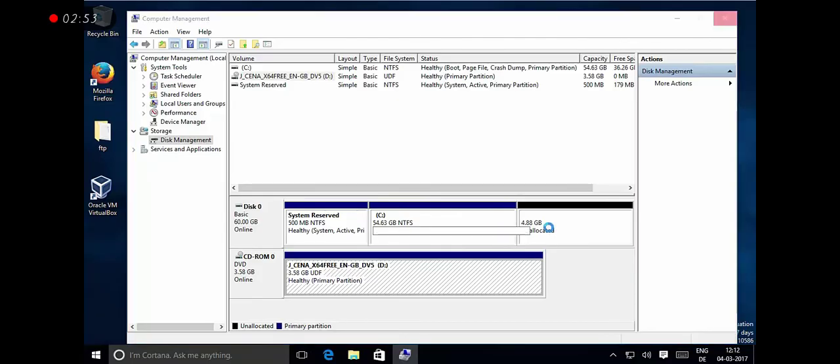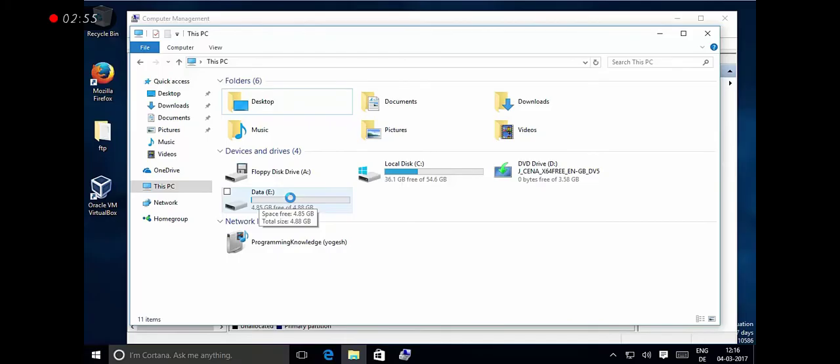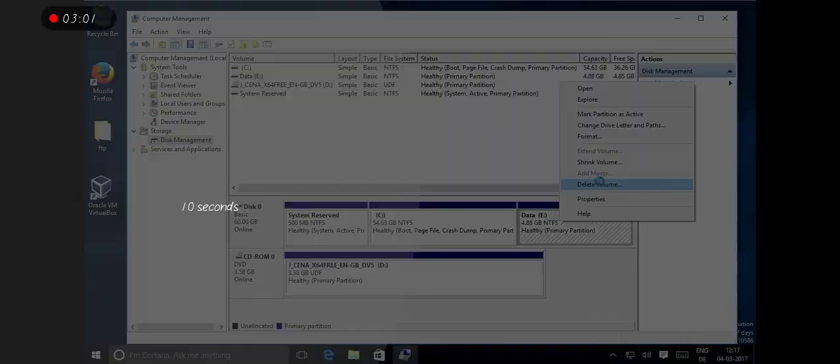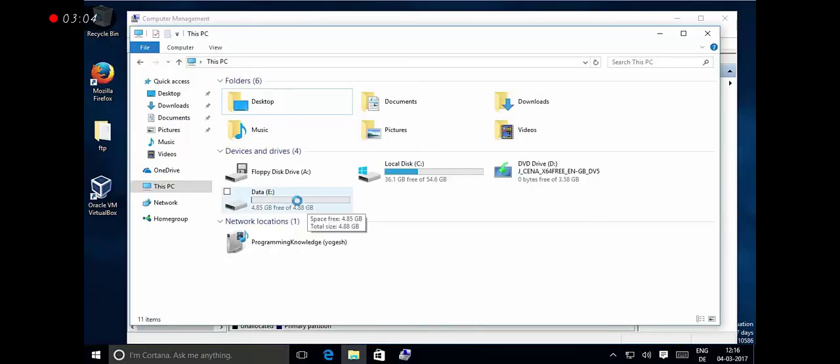And then after, as a label of your data, and then you just need to delete your or to delete